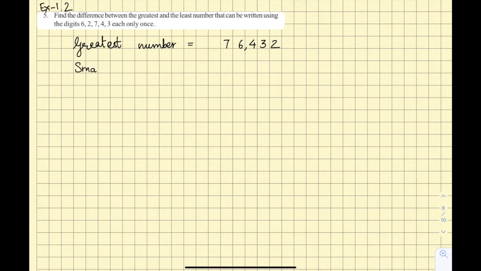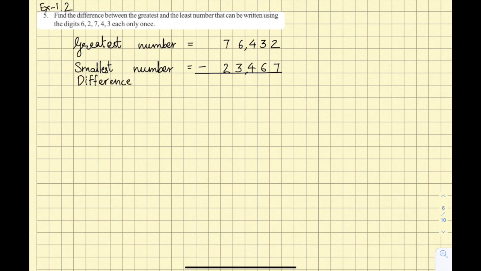Least is also called the smallest number. Smallest number formed by these digits. So here we write in the ascending order, smallest to the biggest. Okay, smallest, and your 5 digit number down also will definitely get 5 digit numbers. So here we can start from the beginning. Smallest is 2, bigger 3, then 4 and 6 and 7. Now here we need to find out the difference. The term difference is found out by doing subtraction.